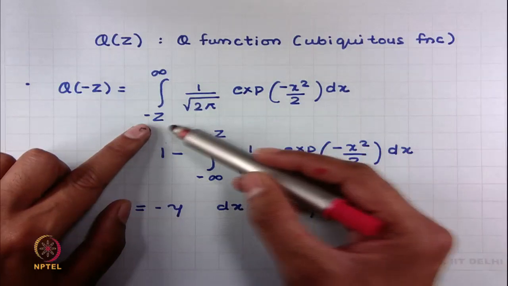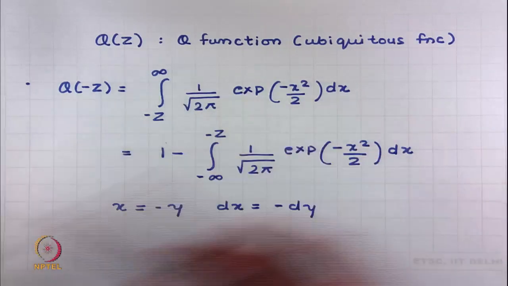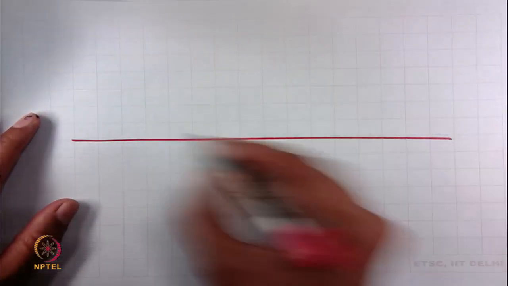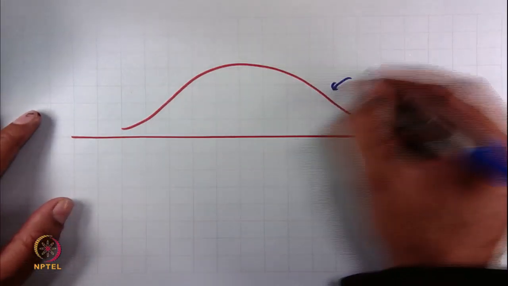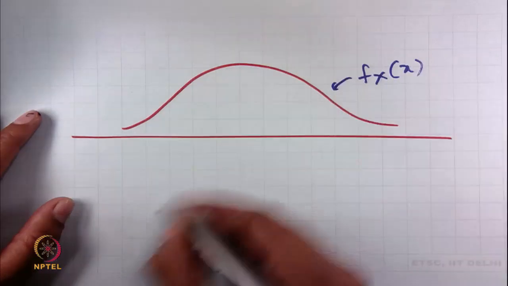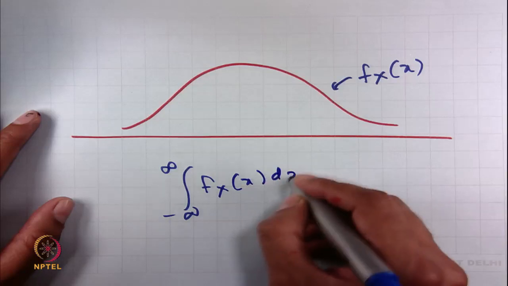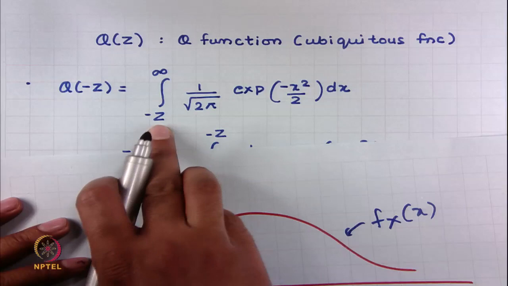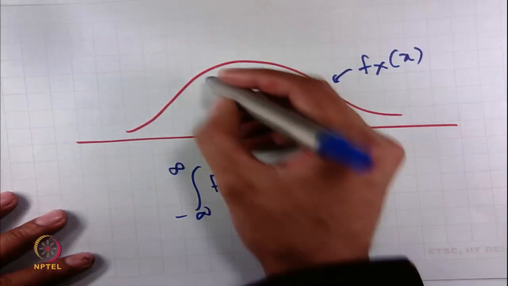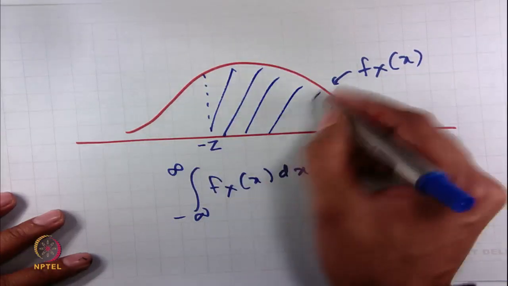Now, let us look at this carefully. So, what we are doing in this integration is, suppose you have a PDF, let us say we have a PDF, a probability density function. What is the area of a PDF? The area of a PDF we all know is 1, and so this Q of minus z is calculating the area from minus z to infinity, this area,